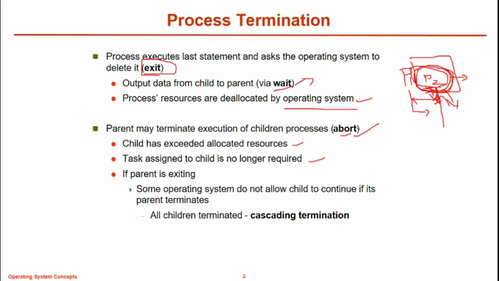If the parent has a number of children to perform the task, and the parent gets terminated due to some misunderstanding by the operating system, or due to some interrupt or some other functioning, then the parent process has a number of children. So it is going to terminate all the children that are performing the task. The operating system will cascade the termination of all the processes of that particular parent process.